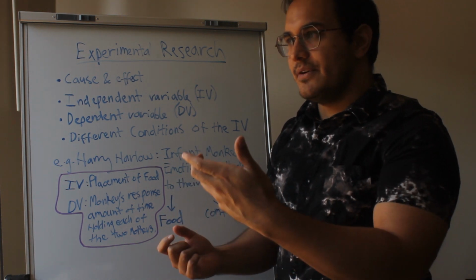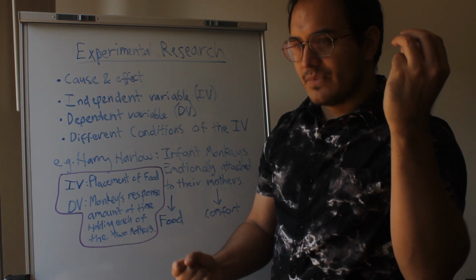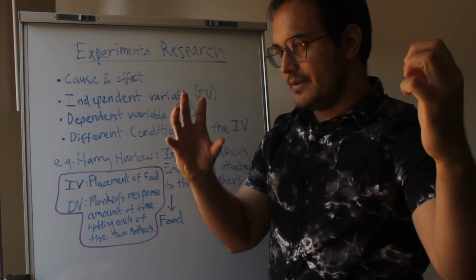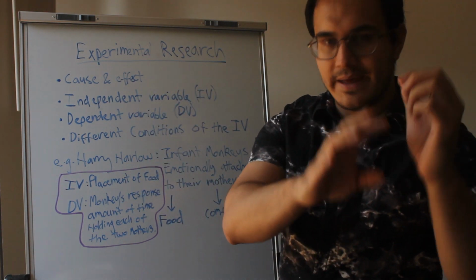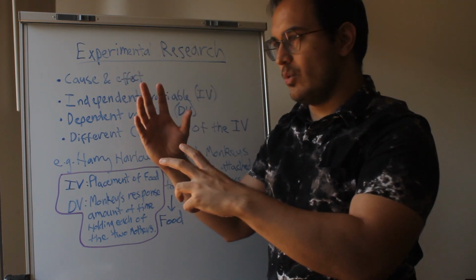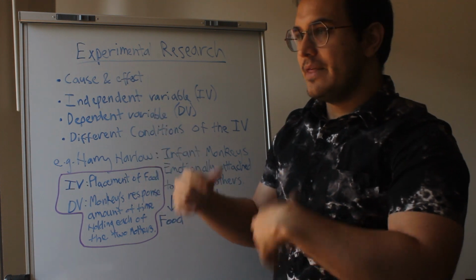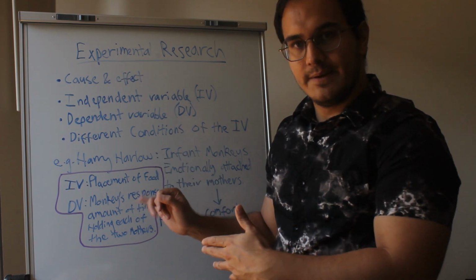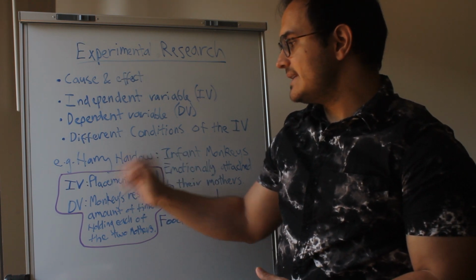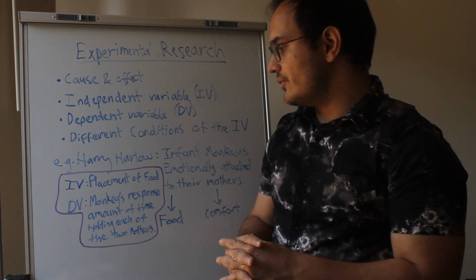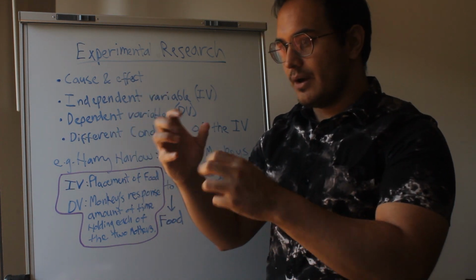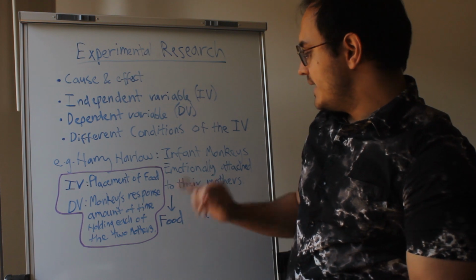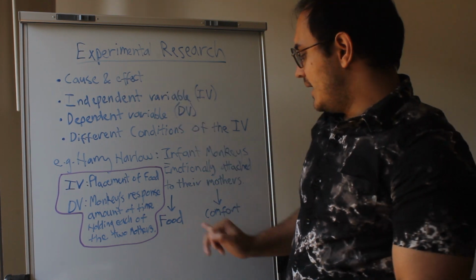Okay, so if the mesh mother, the uncomfortable mother, had the milk on it, and the monkey was always over at that milk, and then we moved the milk back to the cloth mother, and then the monkey was always back near the cloth mother because the milk is there, then we could say the monkey's behavior obviously is following the food, okay? But this didn't seem to really impact the monkey. The cloth mother seemed to be the one that impacted the monkey despite where the food was. So that proves the comfort theory